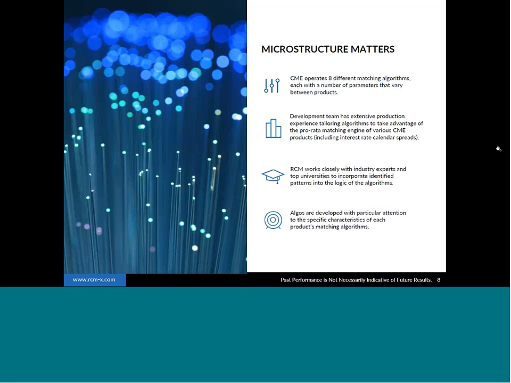So if a product is trading with a pro rata matching engine at CME, we'd be more likely to place, say, bigger child orders when we're attempting to get passive fills. And our forecasts for the volatility and volumes are all product-specific and modeled for each product. And our team has extensive experience developing strategies for futures products and strategies like market-making algorithms and grains and short-term interest spreads where sizing orders to get good fills on pro rata and leveling allocations is a key ingredient to success.